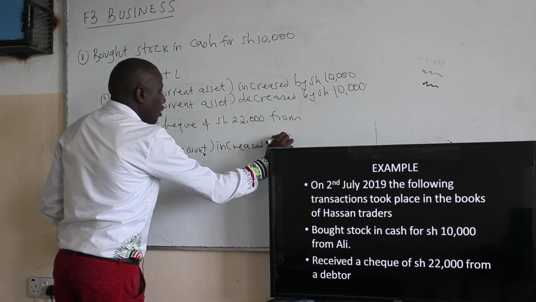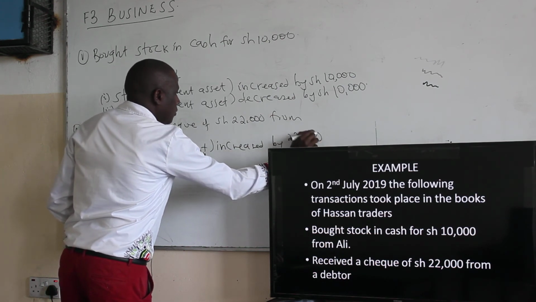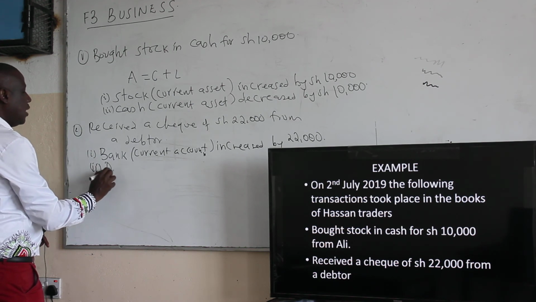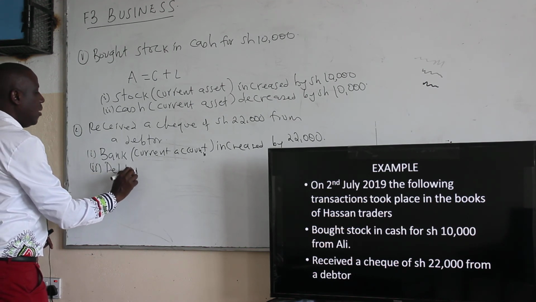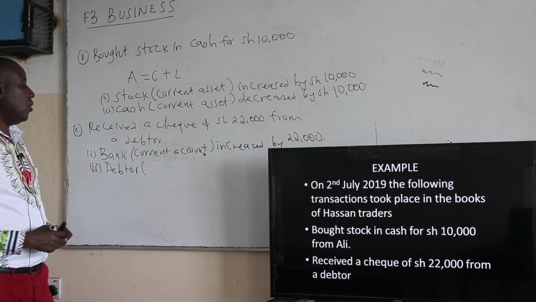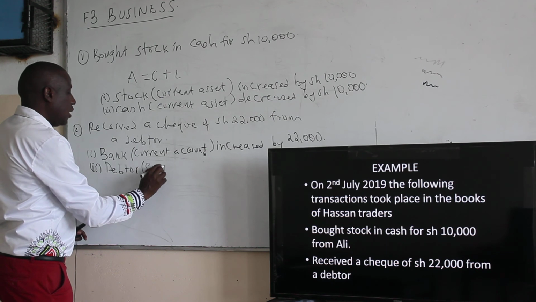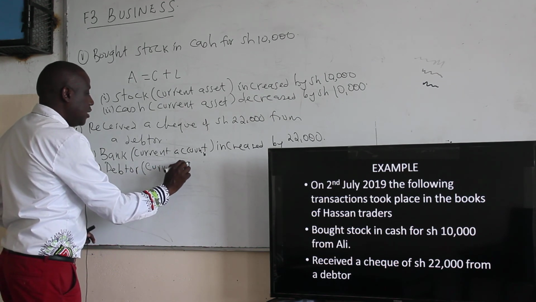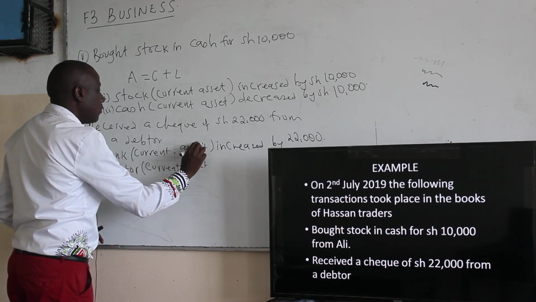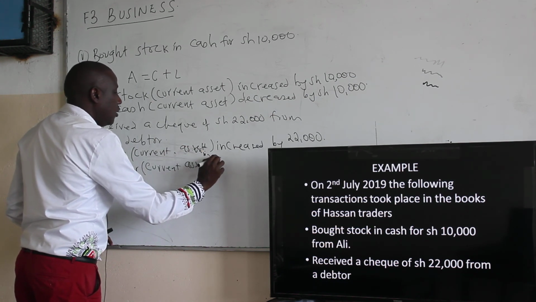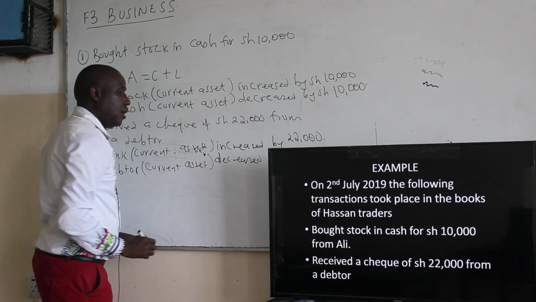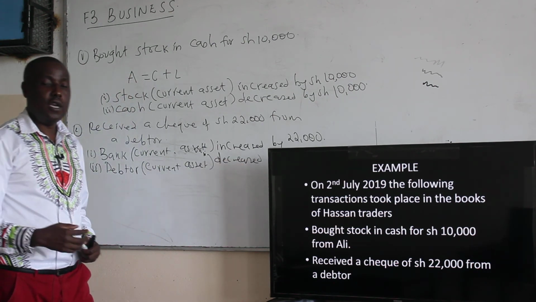By what? 22,000. Then, debtor. Who is a debtor? A debtor is someone who owes you money. Maybe you sold goods to them on credit. So, this is also a current asset, not a current account. Current asset also decreases because they used to owe us. Now they have paid, so they have decreased by